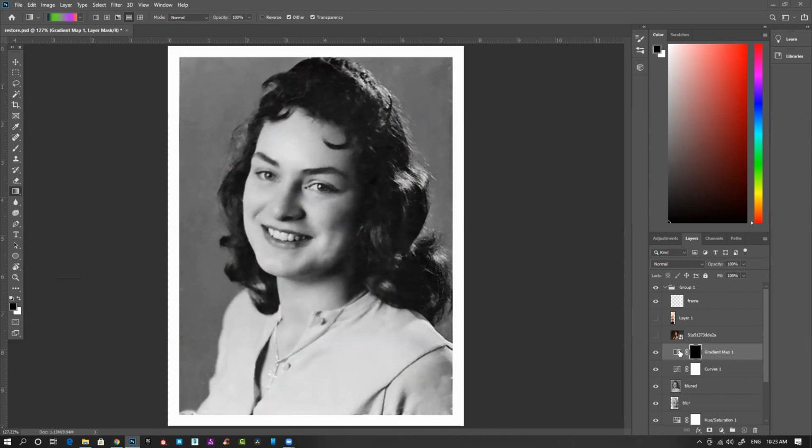Suppose I want to expose this color only for the skin. So I will paint over it and create a selection or mask to expose the skin only. Rest of the part will be visible. So let's show this quickly. For exposing white, I just switch between this, or you can press X from keyboard to switch the color to white.